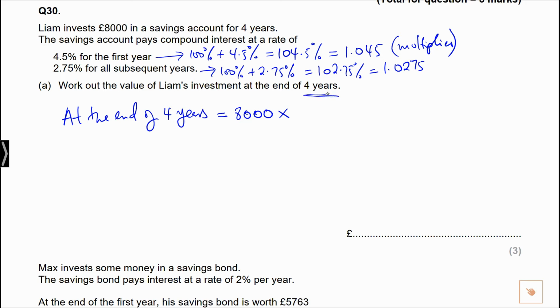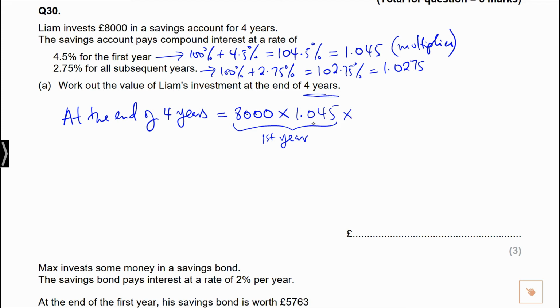So anyway, if we put this together, at the end of the first year, the amount will be what was invested initially, which is 8,000, multiplied by the multiplier, which is 1.045. So this is the first year. And then multiplied by, because the investment is still in the bank and still earning interest for the subsequent years, which is 3 years,